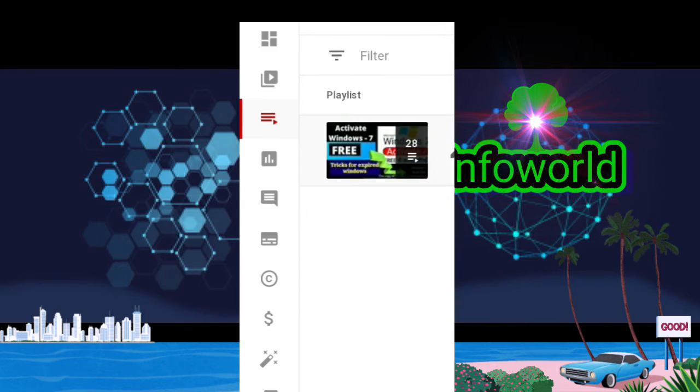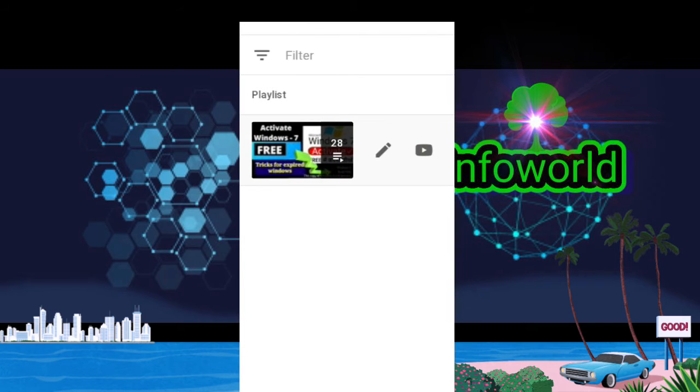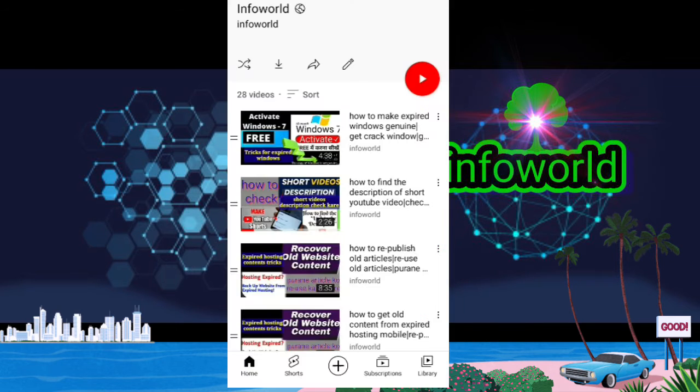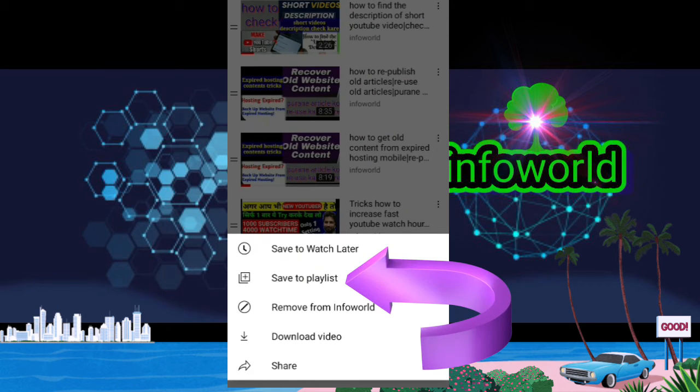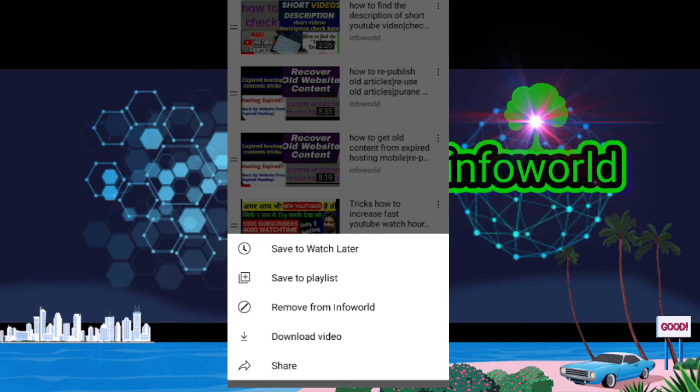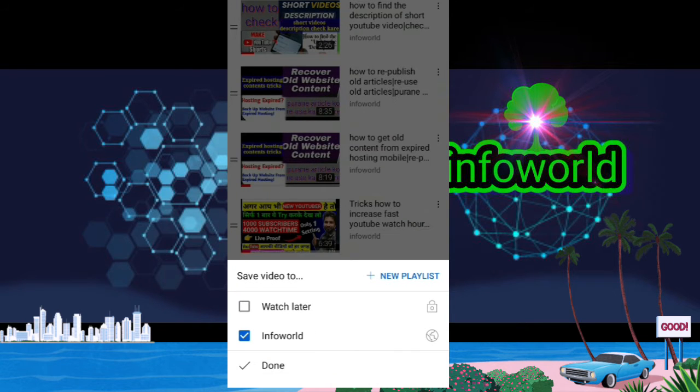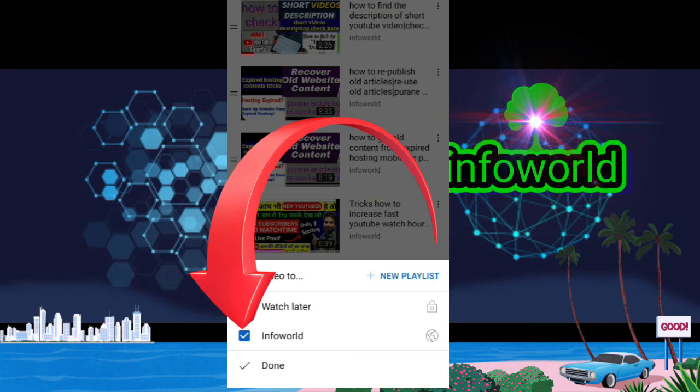Now you have to add all long videos, so click on edit. Once you click on edit, a new tab will open. Now you can see all your videos. Click on three dots, then click on save playlist. Now you can see it's showing your playlist name.